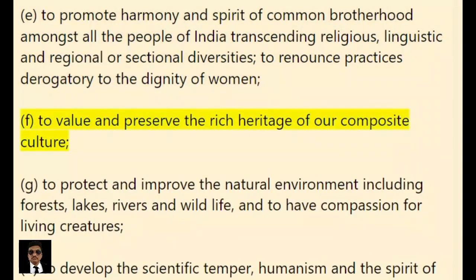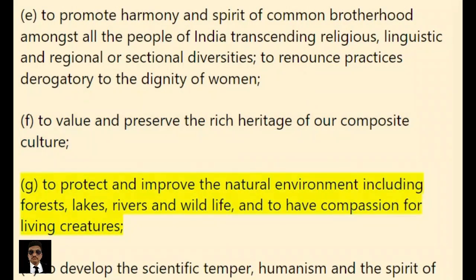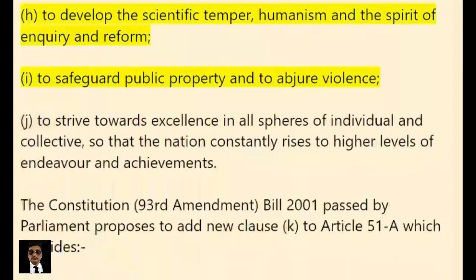(f) To value and preserve the rich heritage of our composite culture; (g) To protect and improve the natural environment including forests, lakes, rivers and wildlife, and to have compassion for living creatures; (h) To develop the scientific temper, humanism and the spirit of enquiry and reform; (i) To safeguard public property and to abjure violence;